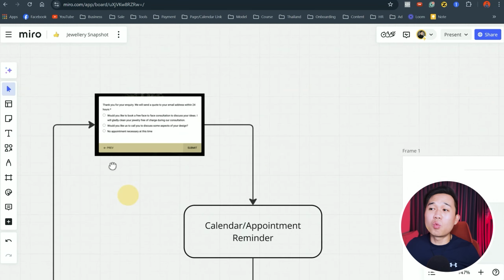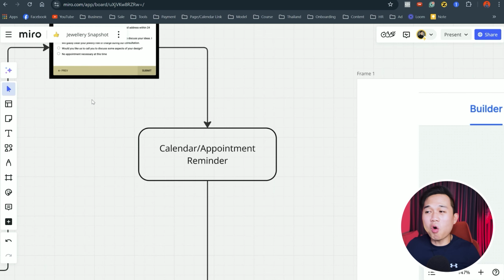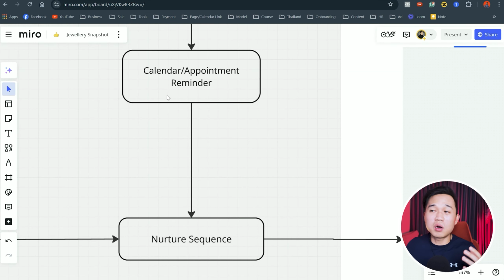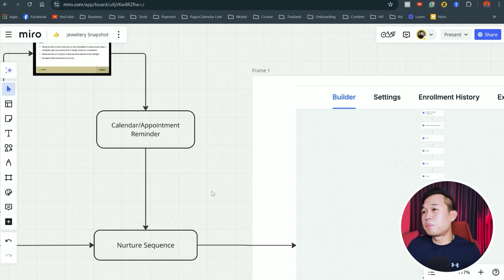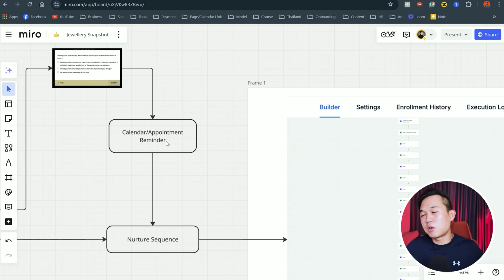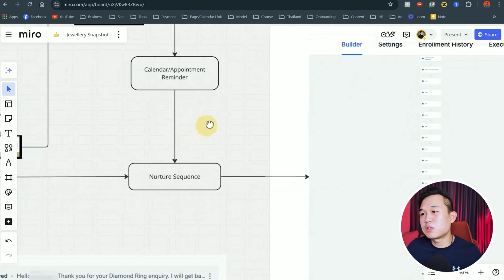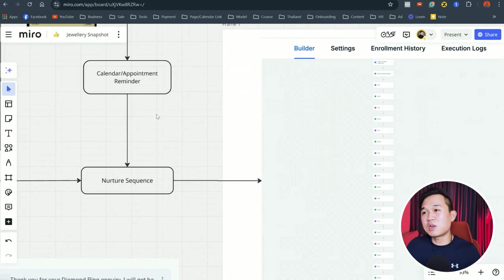And then depending on what they choose here in this form, it will lead them to either a phone number to call or a calendar to book an appointment. Now, if they book the appointment on the calendar, it leads them to appointment automations and all that stuff. And the people who come from the survey, whether they didn't book the appointment or did book the appointment,